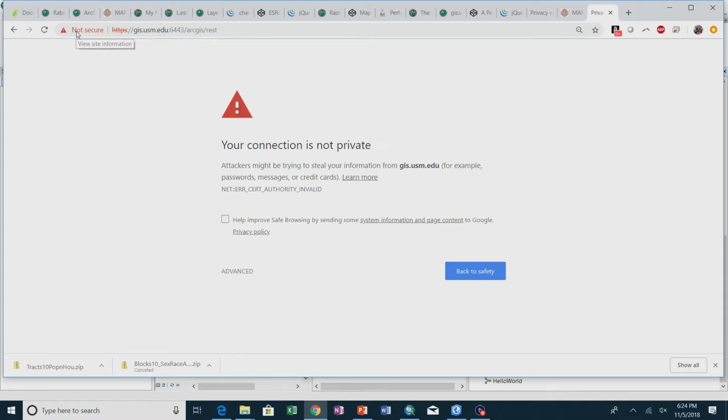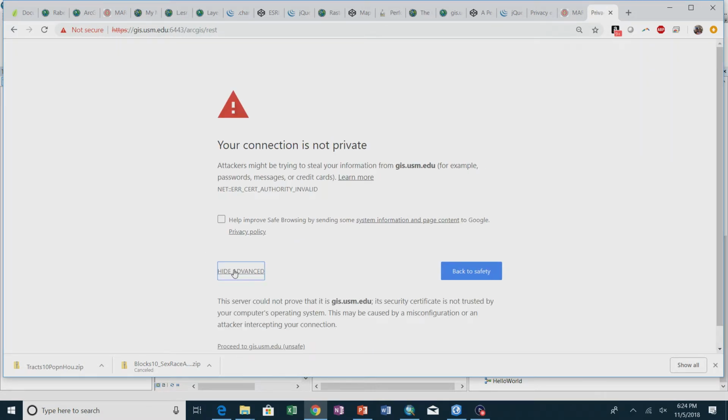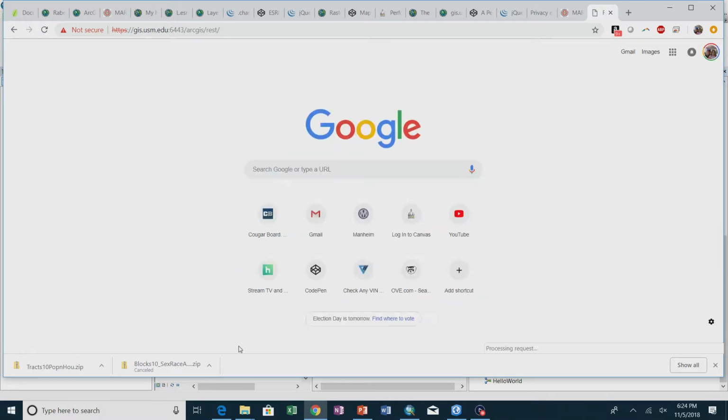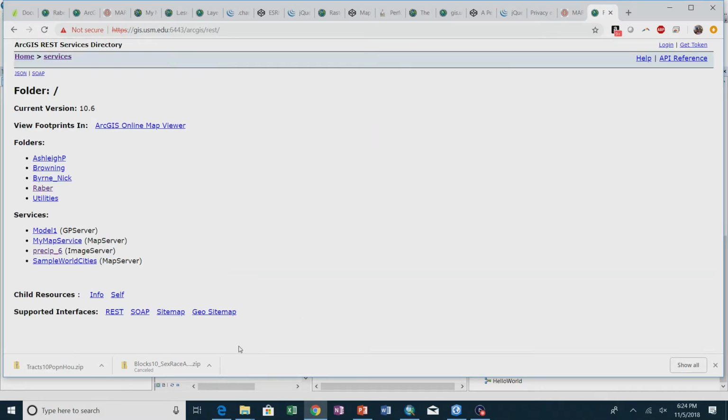If you wanted to get this to work on a web page that wasn't serving up HTTPS data, you could use HTTP just fine. It's not a requirement to use HTTPS, is what I'm trying to say, but to use it inside a CodePen, you do need to have HTTPS. Okay, so